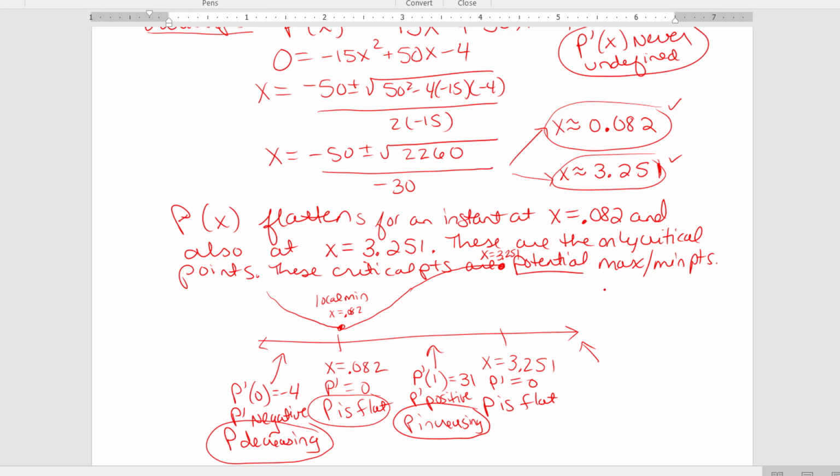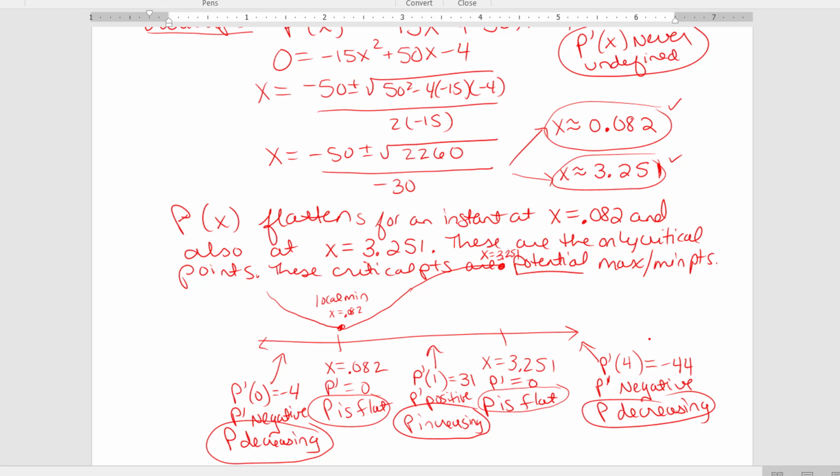And now I'm going to go to the right of x equals 3.251. I'm going to test the derivative. So I'm going to just plug in x equals 4. If you plug 4 into the derivative, you get negative 44. I don't care that it's negative 44. What I care about is that it is negative. P prime is negative, which tells me P is decreasing on this entire interval to the right of x equals